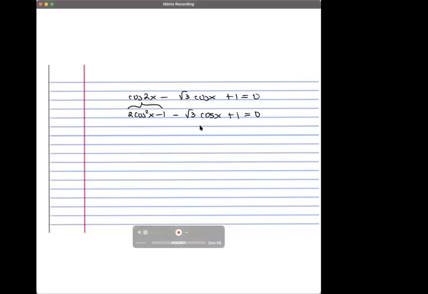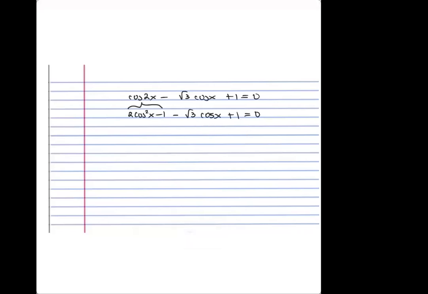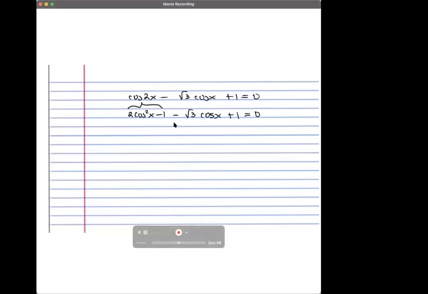Rewriting the cosine 2x using the formula that only has the cosines in it. It's going to be 2 cosine squared x minus 1 minus root 3 cosine of x plus 1 equal to 0. And that's from rewriting the cosine 2x. Now I only have cosine x. Granted, it's squared here, but I only have cosine x. But here I have a -1 and a +1, so it's going to cancel. And when those cancel, the ones are going to cancel. That's going to leave me with,